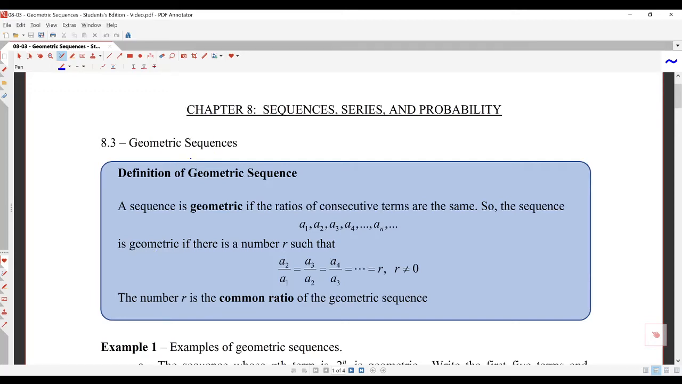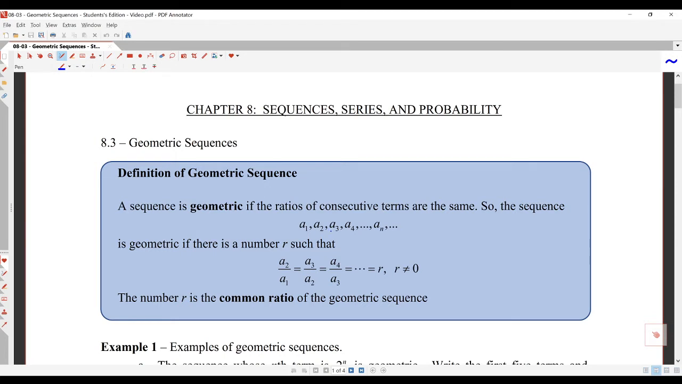Okay, let's take a look at geometric sequences. A sequence is geometric if the ratio of consecutive terms is the same. So if you remember, in an arithmetic sequence the difference was the same. We had what we call a common difference. Now we're going to have a common ratio, and a ratio is just where you take a division or a